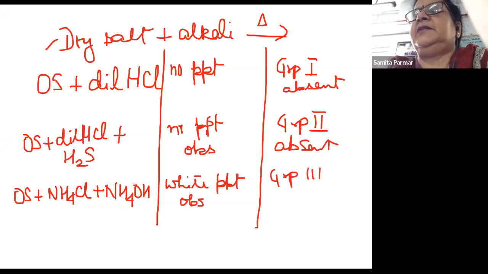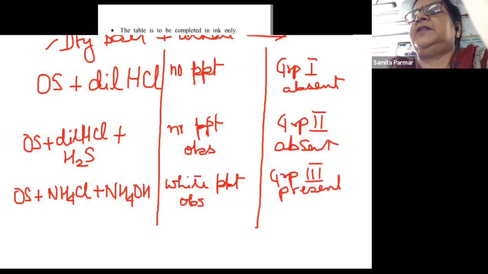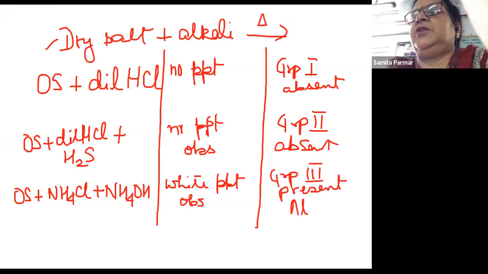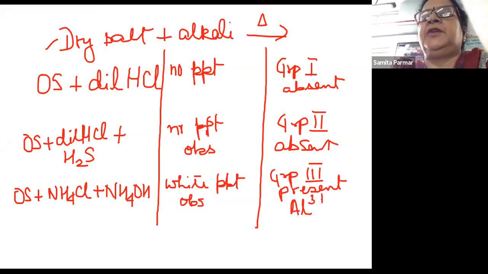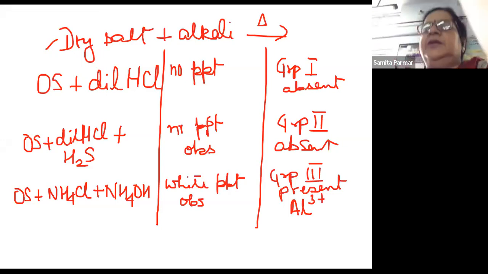All right, maybe aluminium ions. Why are we saying aluminium ions? Because the salt is not colored. You have to deal with the ions of group 3, and aluminium ions belong to group 3. Since the salt is not colored, we will not be adding any nitric acid to it. Otherwise, if a ferrous salt is given, you are supposed to add nitric acid and oxidize that to the ferric state. So this is what you are getting for the aluminium ion.